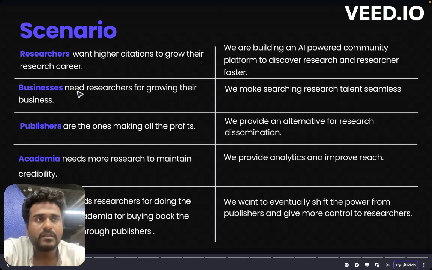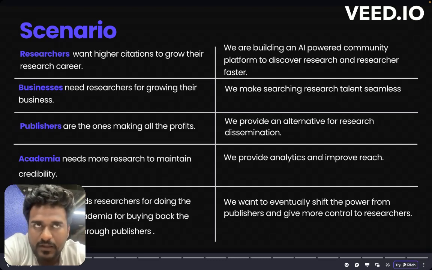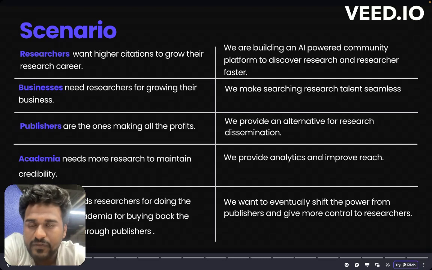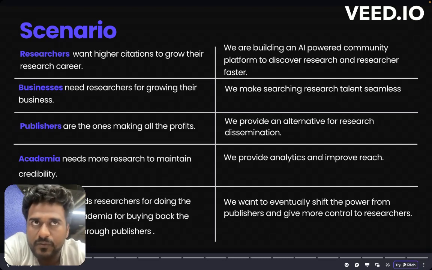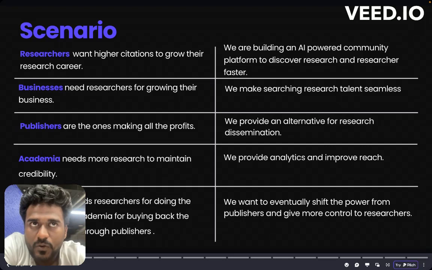And businesses need two things. First one is they want to hire research talent specific to their use case, and that matchmaking is not very easy right now. So if we have the data of researchers and their researches, we can do that matchmaking based on AI much more simply than what it is now. Businesses also want to keep themselves updated with the latest research and how that research is